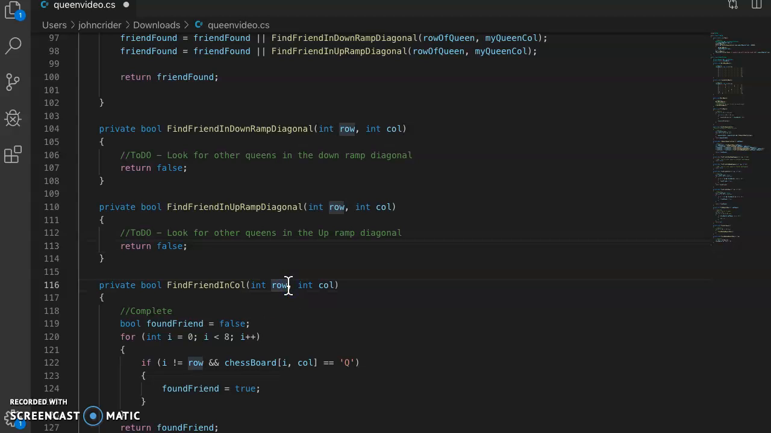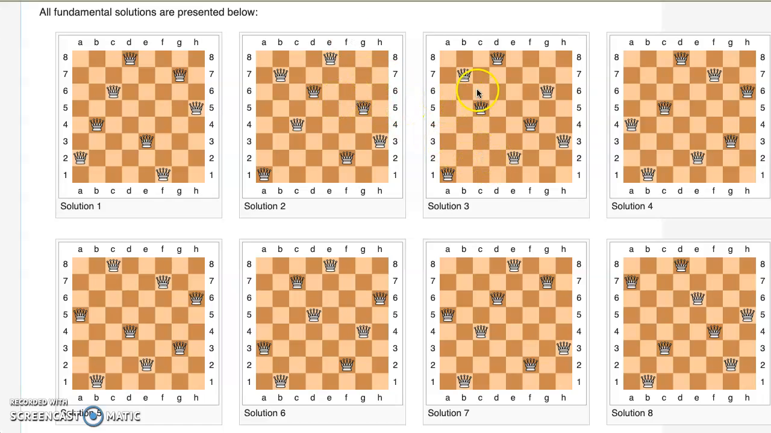Greetings, programmers. We have two functions left to build: the find friend and down ramp diagonal, and find friend and up ramp diagonal. So when we take a look at any one of these queens, we need to find if they have a friend in the down ramp or the up ramp. The down ramp is a little bit easier because the down ramp is built in the same way that